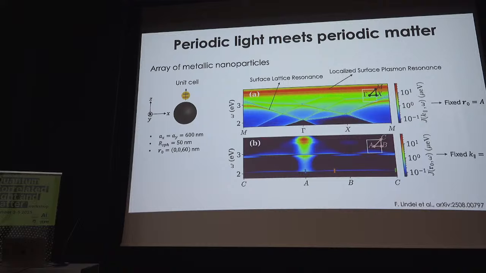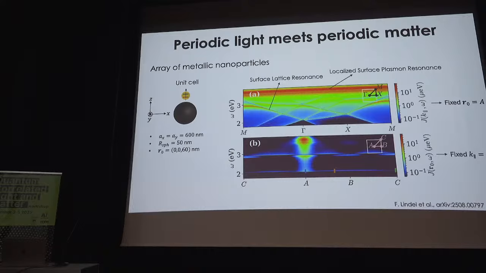And what we plot here is exactly this K-resolved spectral density as a function of momentum in the unit cell. So we scan here from the M point to gamma to X to M, and what you see are kind of general shapes that will be familiar to many people here, where you see different diffractive orders. You see up here the localized surface plasmon resonance of the nanoparticles,